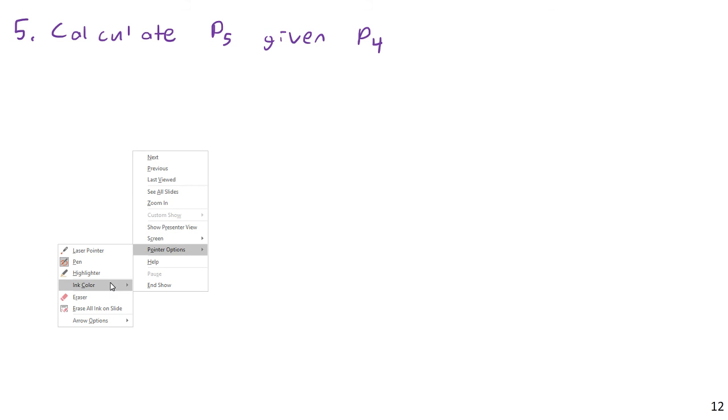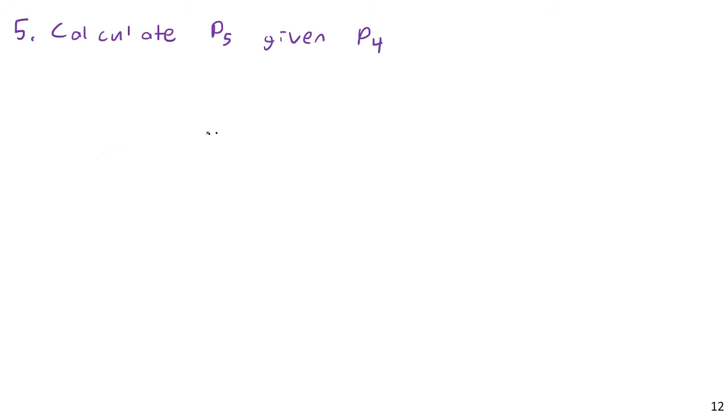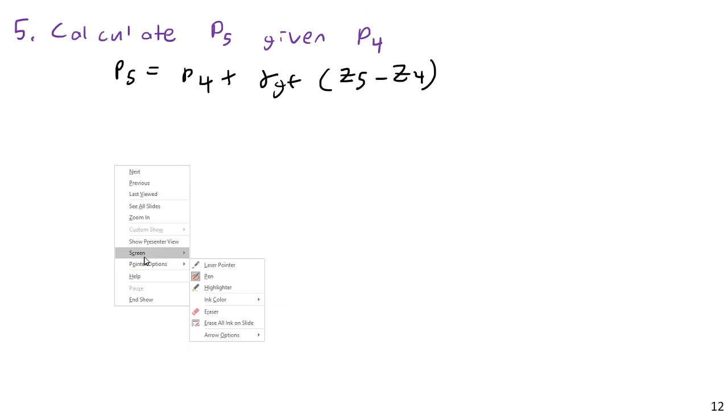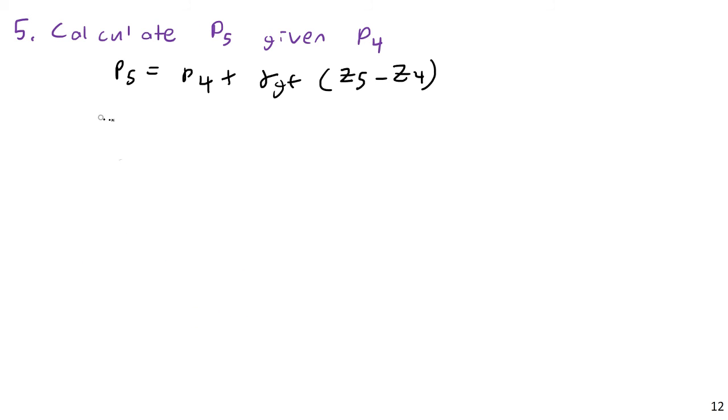Well, P5 equals P4 plus gamma GF times Z5 minus Z4. And then P5 is equal to PA plus gamma GF